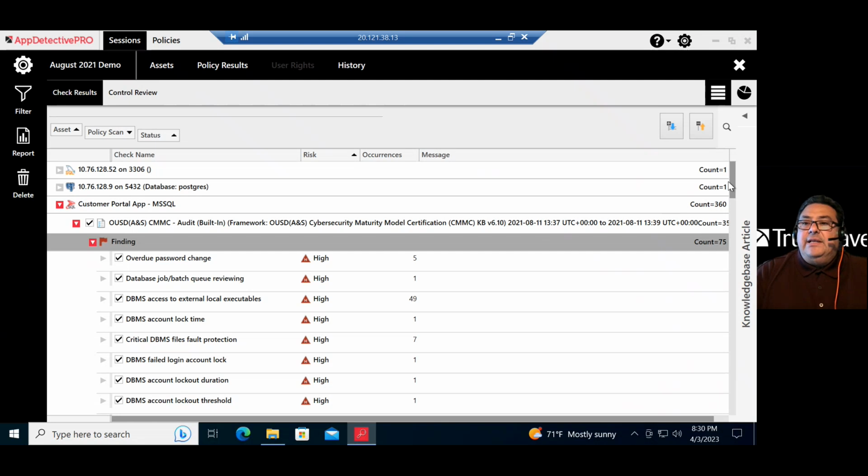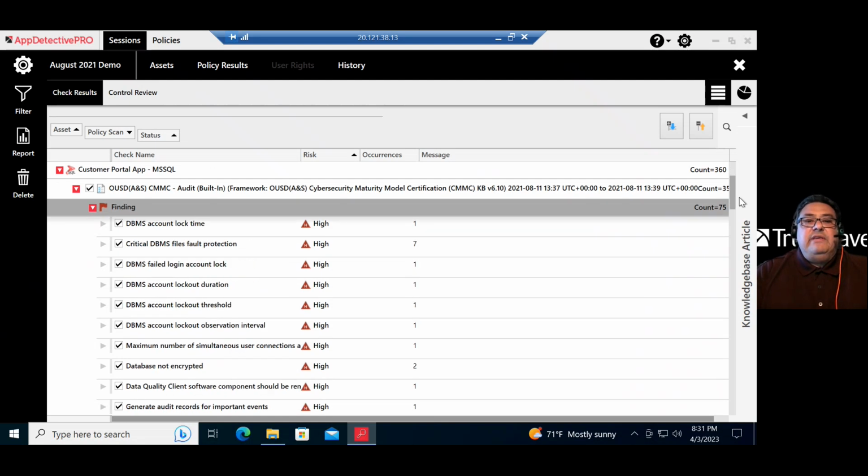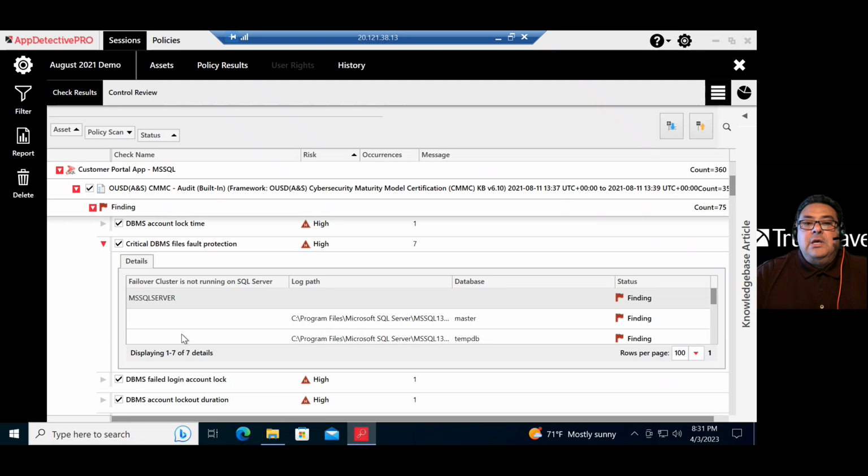Now, when we look at a finding, this is based on the CMMC regulation. And we could see the identification of multiple vulnerabilities. And each of these vulnerabilities are going to have a number of occurrences, such as critical DBMS files default protection has 7 occurrences of this finding. And so we can see those specific details. And when you highlight